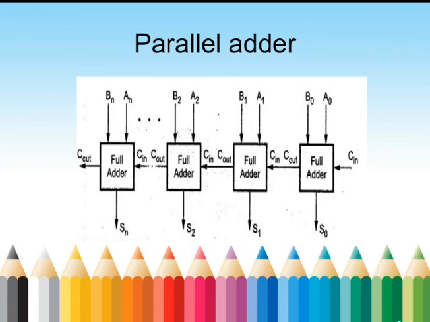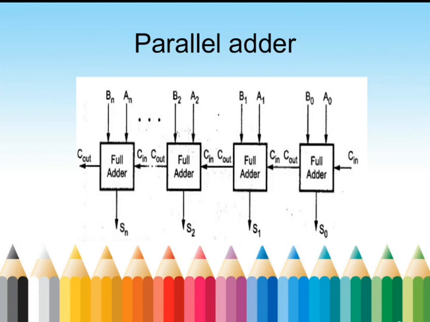In a similar way, the second full adder circuit has the input variables A1 and B1, and the input carry is connected to the first full adder's carry output, and it will produce a sum output S1 and an output carry, again Cout. In the same way, we should analyze the n number of full adder circuits in the given parallel adder combination circuit. So this circuit helps to perform arithmetic operations for n number of bits.